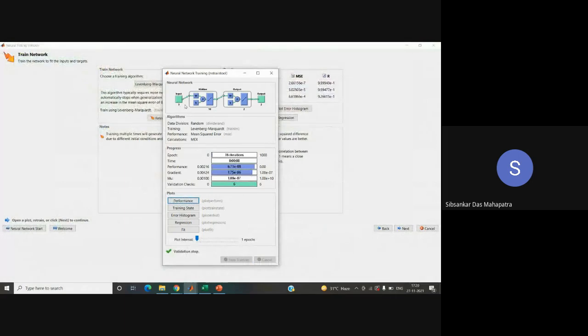Yes, if you see here, I have mentioned all these things about the neural network: what the training process is, the LM method, and the performance, which basically depends on the mean square error, and a few other things that have already come. And now if you take here,